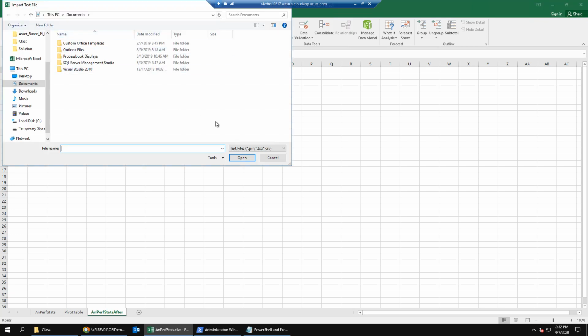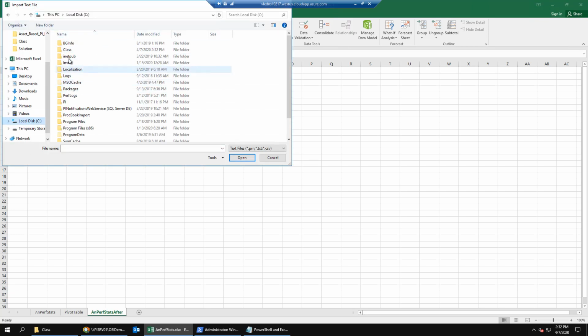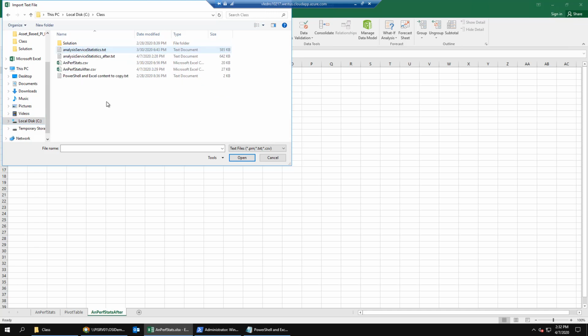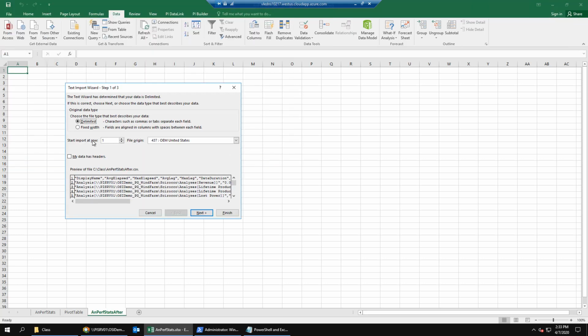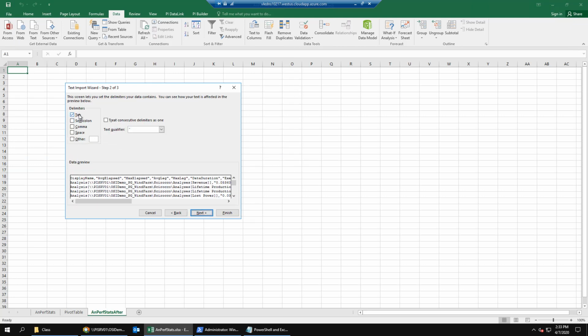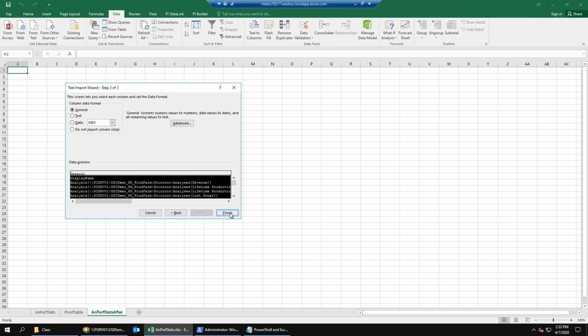And in this case, we're going to import the file. We'll go to Data, From Text. We'll select our C class folder and select anperfstatsafter.csv and click Import. We'll choose Delimited and click Next.